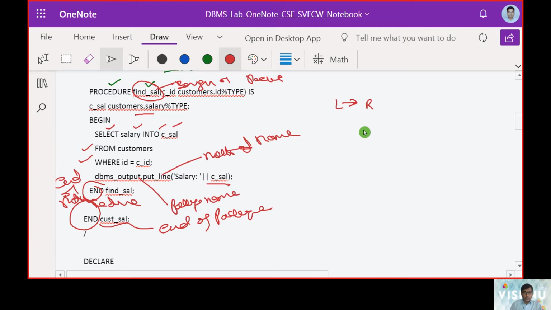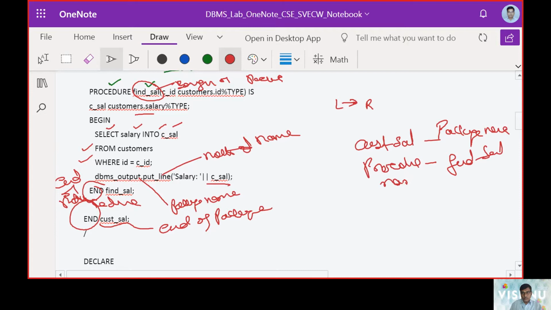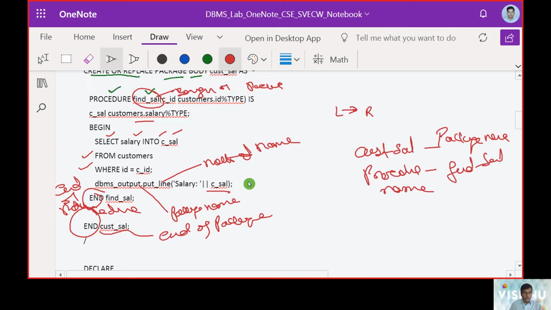Okay, so don't get confused. Cust sal is going to be the package name. Find sal is going to be the procedure name. That difference you should understand here.